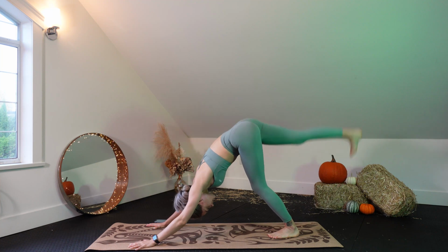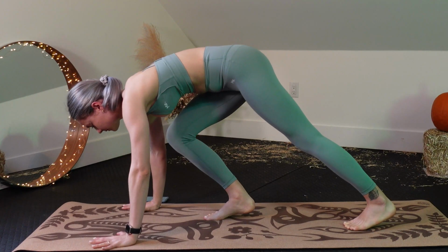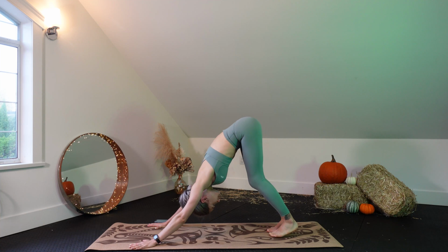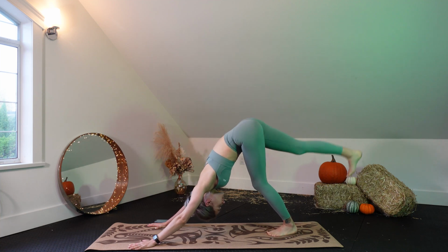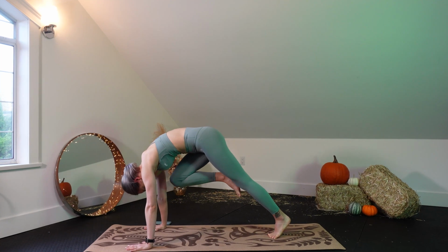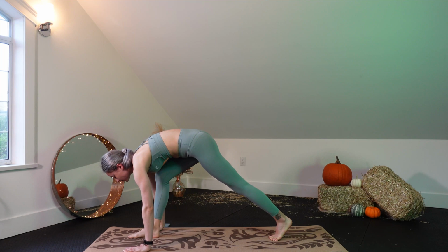Third common mistake is when you are transitioning from a 3-legged dog into a high lunge. Instead of swinging the leg, not reaching the top of the mat, not having enough space for that wide step, do this. First, we want to bring our body weight to the front, bringing shoulders above the wrist, then bend the knee and bring knee close to the chest, even slightly rounding the back here, and from here, lightly step